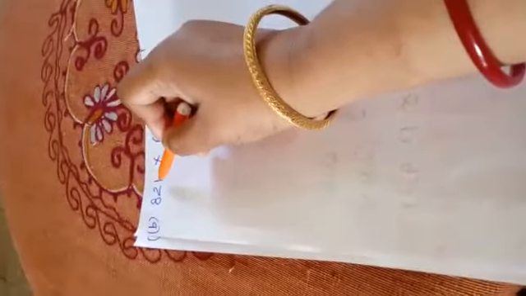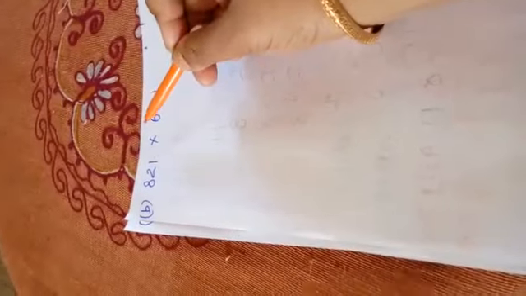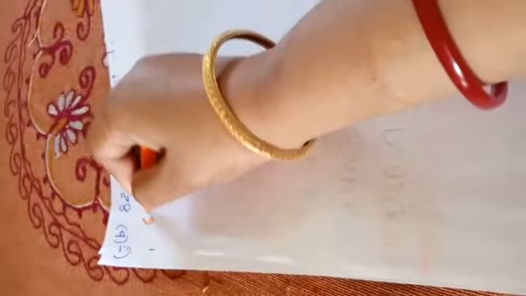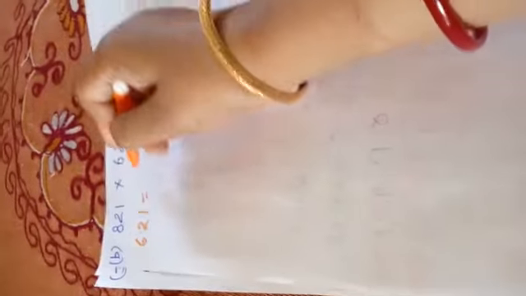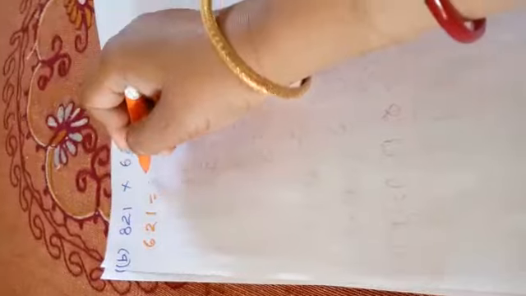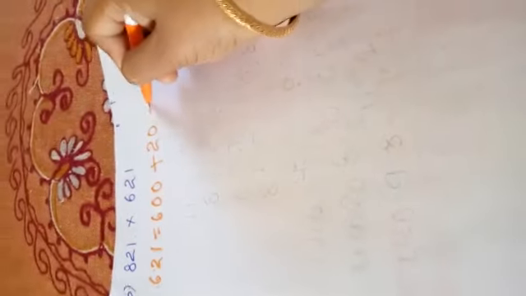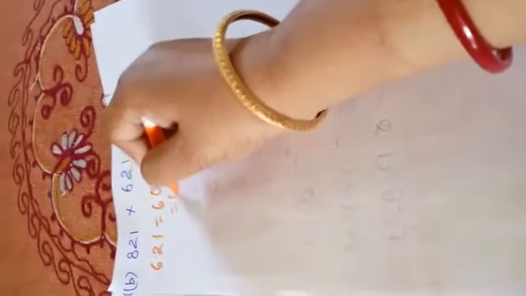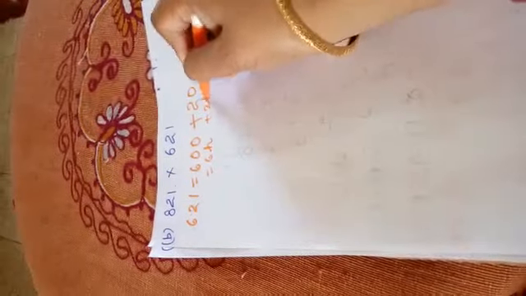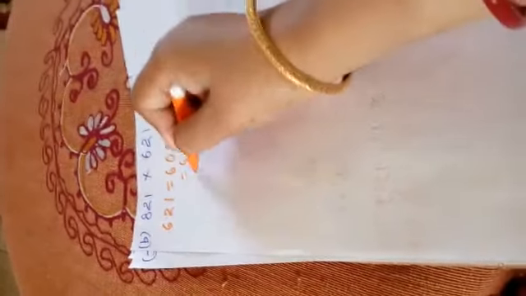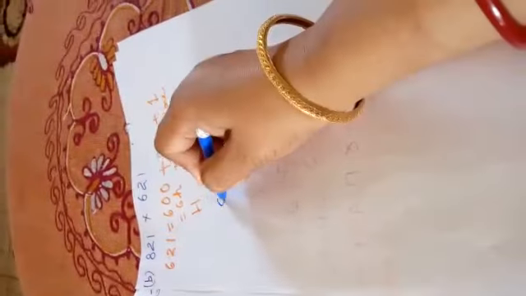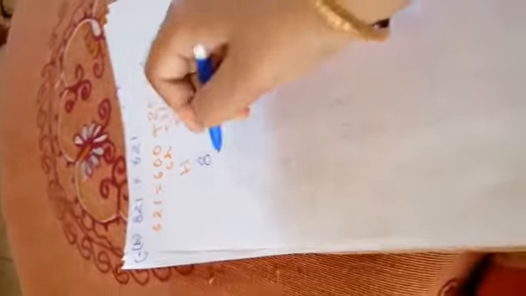So here 821 is a multiplicand and 621 is a multiplier. So firstly we will expand the multiplier. We will write the multiplier in expanded notation. So what is the place value of 6? 600. What is the place value of 2? 20. What is the place value of 1? 1. It can be also written as 600 plus 2 tens plus 1 one. So here we will make a place value chart. Hundreds, tens, ones. Now we will insert firstly this multiplicand 821 and then below that I will write multiplier 621.